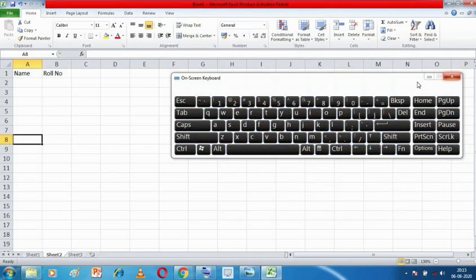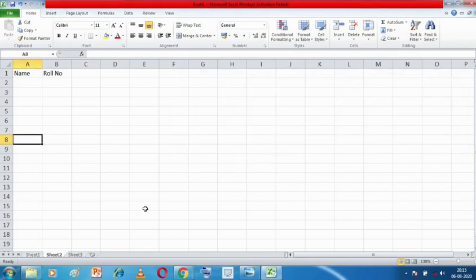So suppose this is my first page of the worksheet, which contains 19 rows. Till 19 I can see, I can't see the 20th row, right? And I can see till P over here.